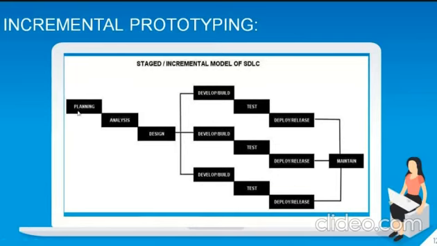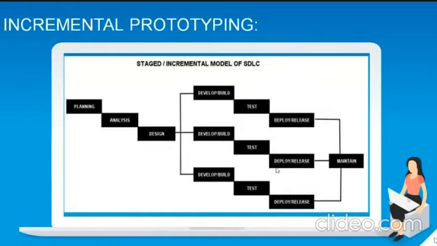After planning, analysis, and design, we build a particular prototype for each and every component of the system. If that particular prototype is satisfactory, we integrate all the prototypes and build a complete system. That is the reason why we call it incremental prototyping. It's nothing but we combine all the component prototypes one after the other.